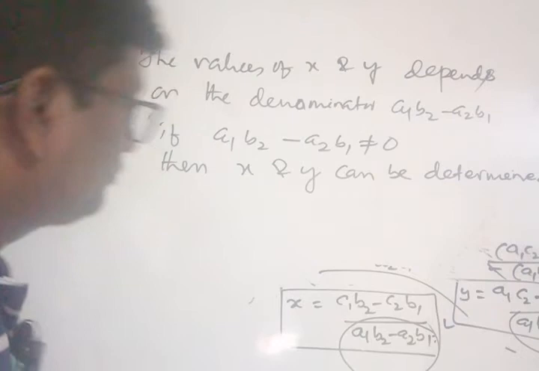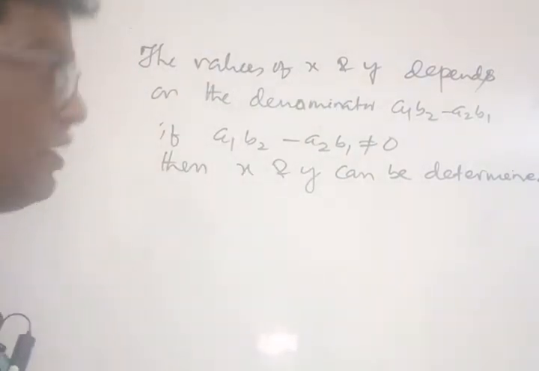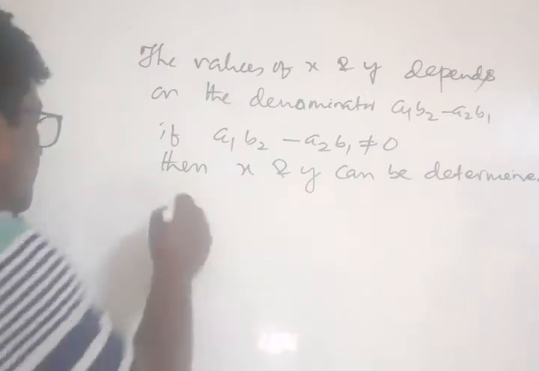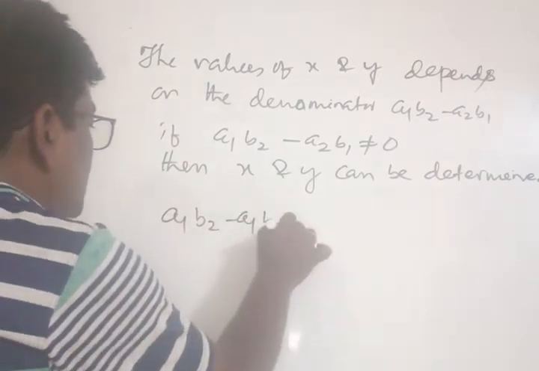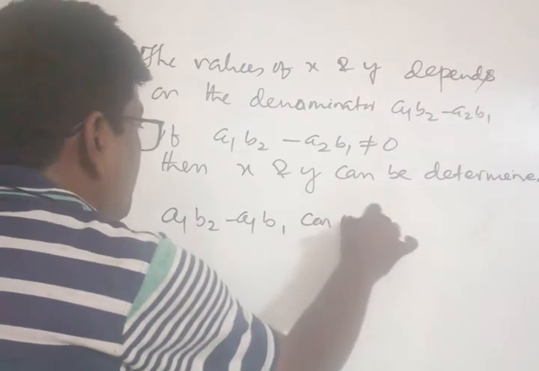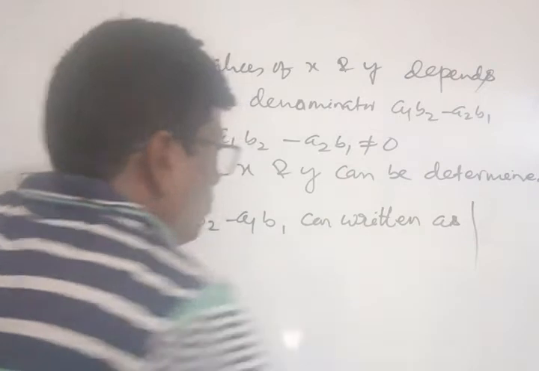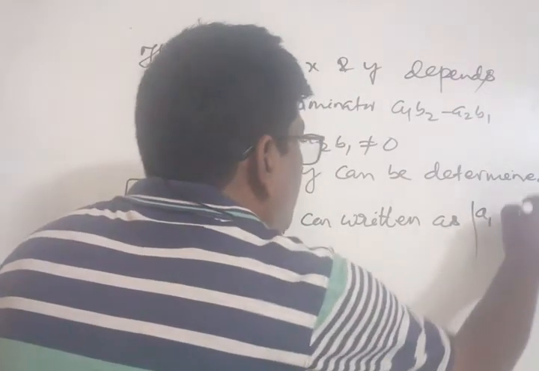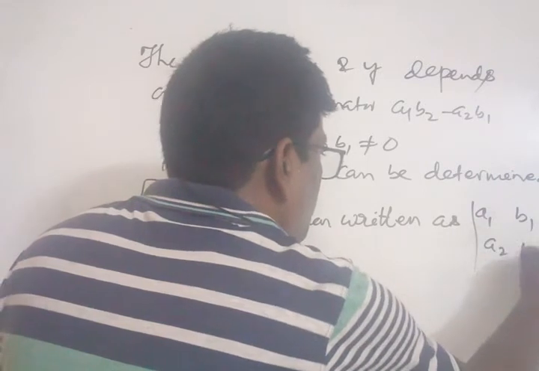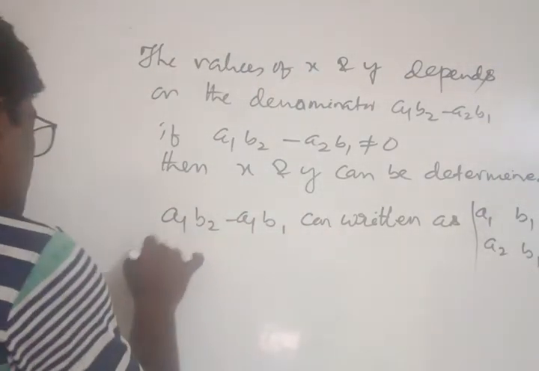And A1 B2 minus A2 B1 can be written as this determinant symbol: A1 B1, A2 B2. This is called